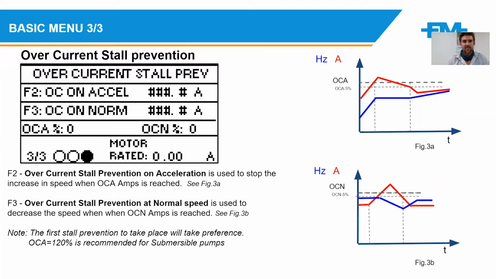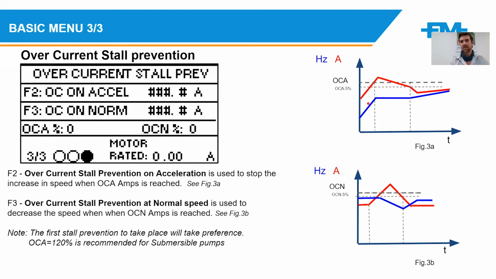Last on the basic setup menu is overcurrent stall prevention. These are parameters that protect the drive from going into an overload condition. So if for whatever reason my amps start to rise, maybe an open pipe or a pipe that has little water inside of it needs to be filled up, your amps can rise sharply,